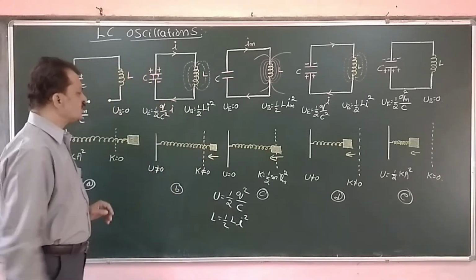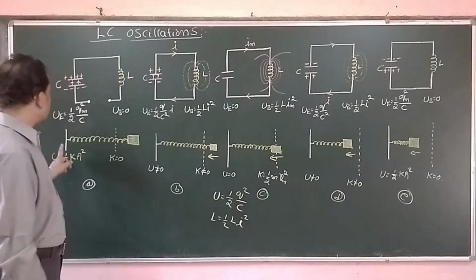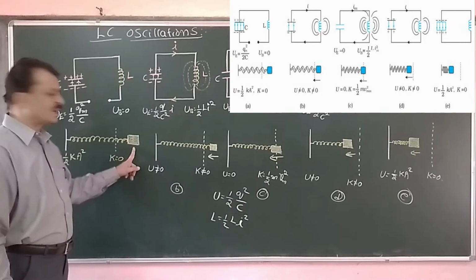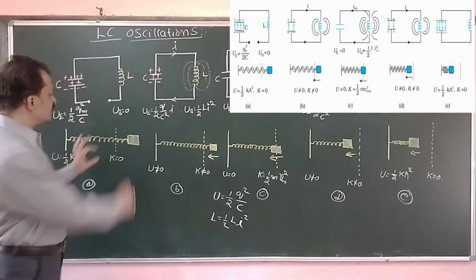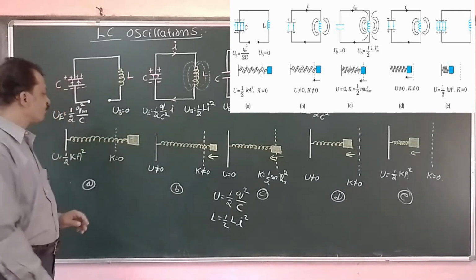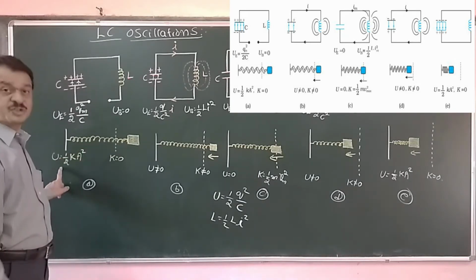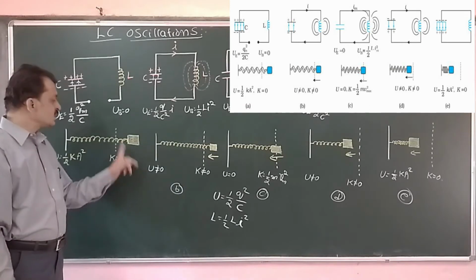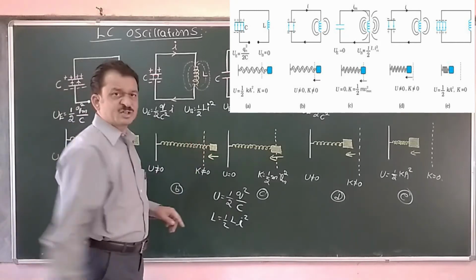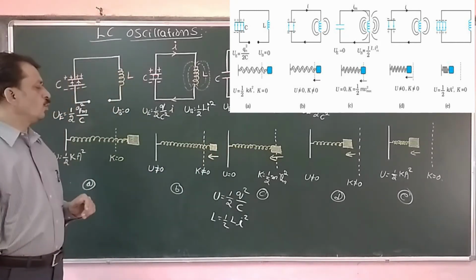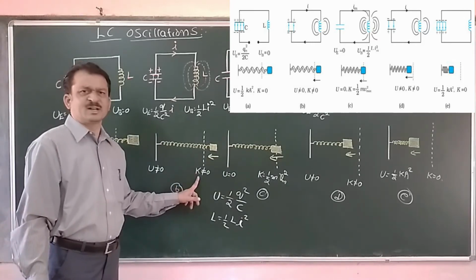Now this oscillation can be easily compared with that of a mass attached to a spring, as shown in the beneath diagrams. Initially, this mass is pulled through a certain distance and held constant. Therefore, this spring system has potential energy half Ka square. Since it is not moving, the kinetic energy is zero. Now the mass is released. Now it starts to move with a velocity. So it has kinetic energy, which is not zero.